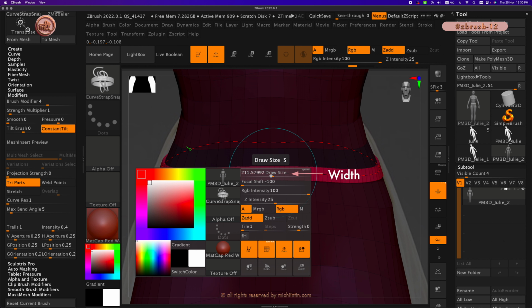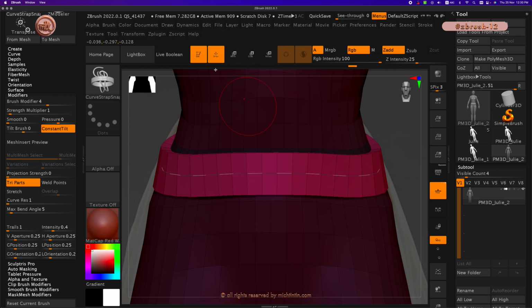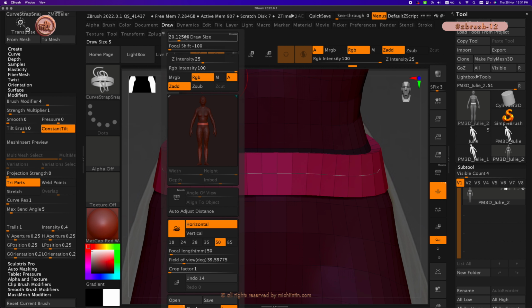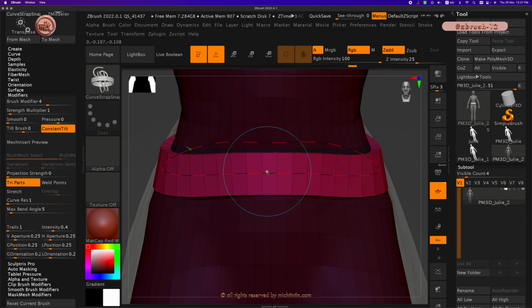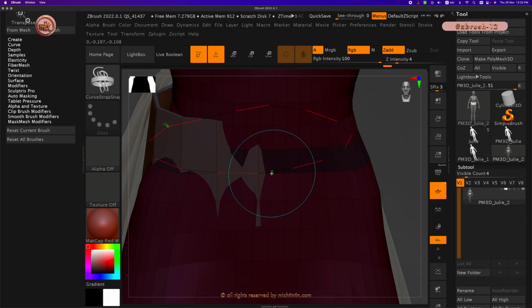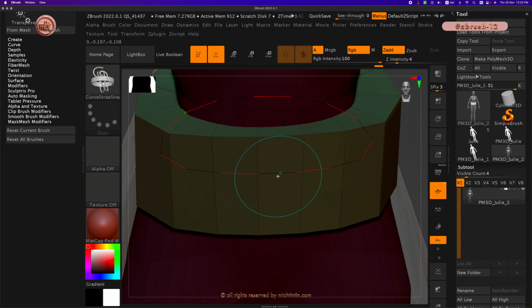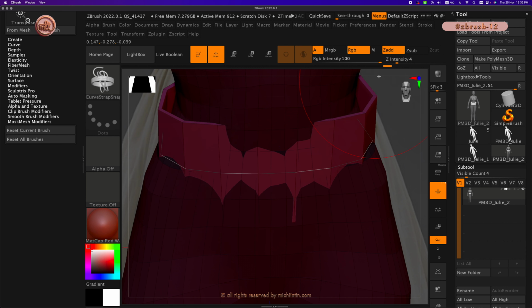Let's try draw size 200, then click on the curve line. Let me quickly adjust it to a desired thickness and width. Sometimes I accidentally move it when I click on it, so I just need to undo and re-click on the curve line. If it's embedded into the waist, try to thicken the belt using Z intensity.